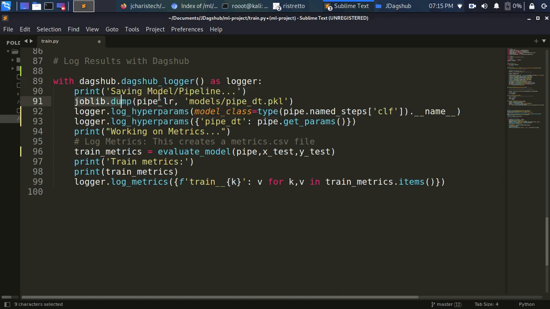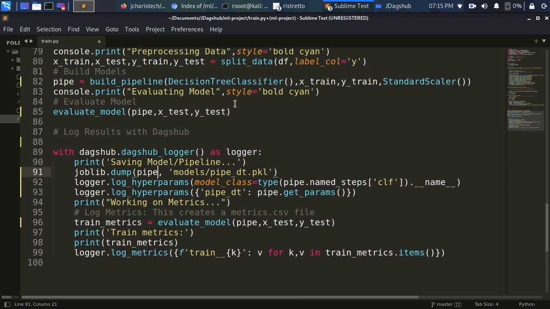First of all, we will save the particular model that you're using. So I'm going to be saving the model. This pipe is coming from the pipe here, which was generated here. And you're saving it here. You're using decision tree, that's why it's called DT, which is what we are using here. Then we will be logging the parameters that we use. We'll be logging the model and the different params from it. So we'll be using this particular option to get that model, the name, and then this one is going to be used to log the various parameters of it. This is from Dagshub logger.log